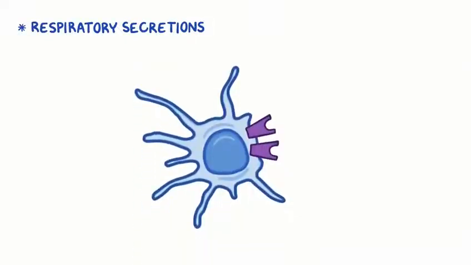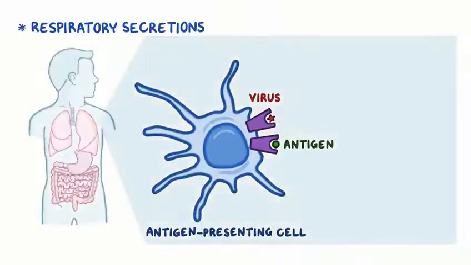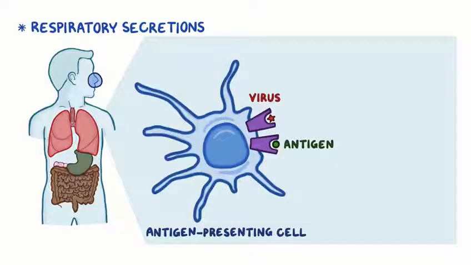Now, HHV6 infection begins when a person comes in contact with respiratory secretions from another person who has the virus. Once in the body, the virus attaches to dendritic cells, which are antigen-presenting cells that can be found in the skin, nose, lungs, stomach, and intestines. These cells are able to process antigens like viral proteins and present them on the cell surface to the T